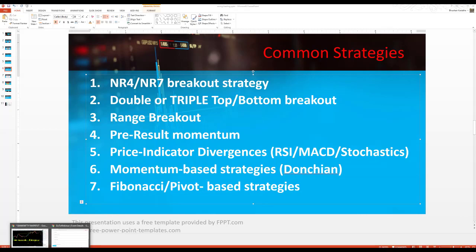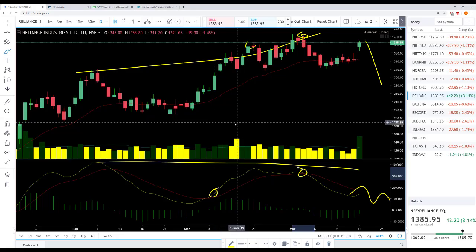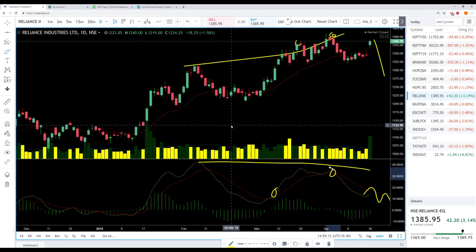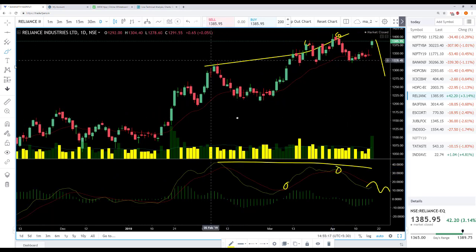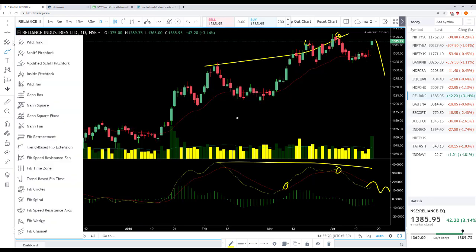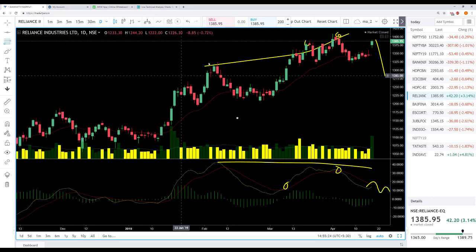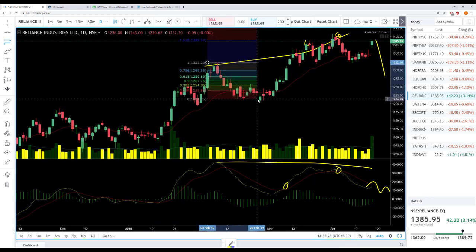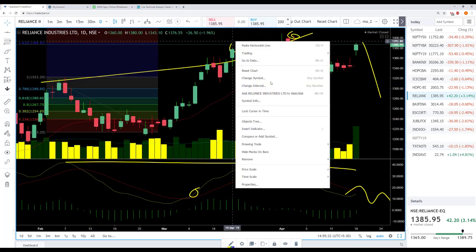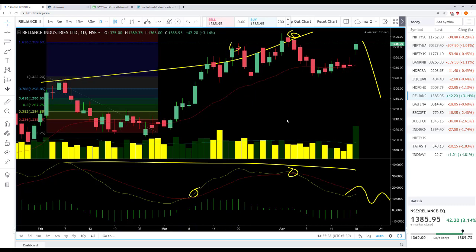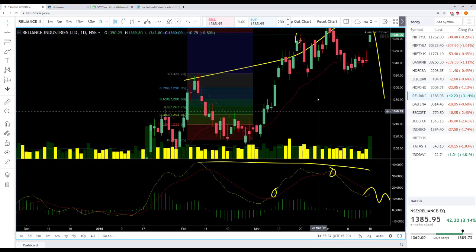So the important thing to realize is that pivot and everything is fine, whatever you use, but all these strategies have only one crux. Even if you try to find this, if I draw a pivot from here to here, Fibonacci, so on this day it has given me a very good